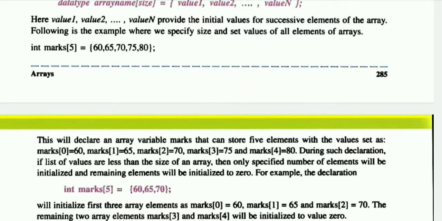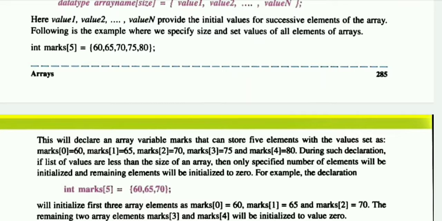And during such a declaration, if the list of values is less than the size of the array, then only the specified number of elements will be initialized and any remaining elements will be initialized to 0. It means here you have specified the size as 5, but when we are storing the values, you have written only 3 values in the bracket: 60, 65 and 70.